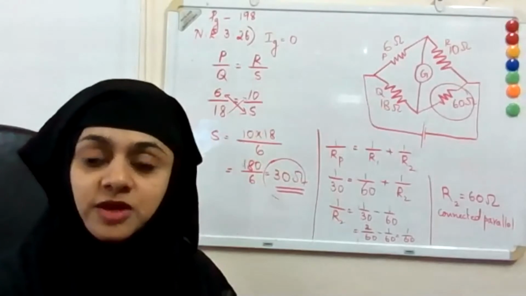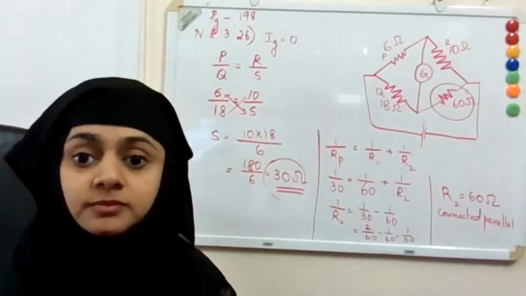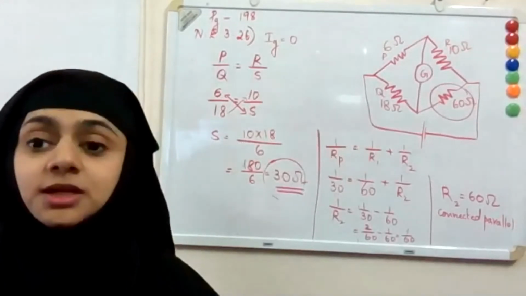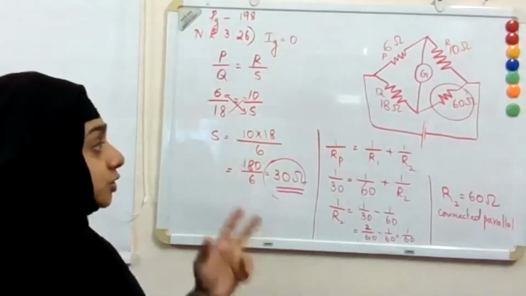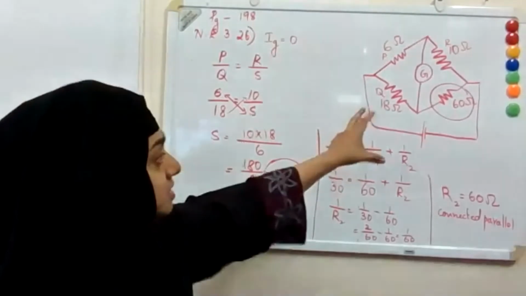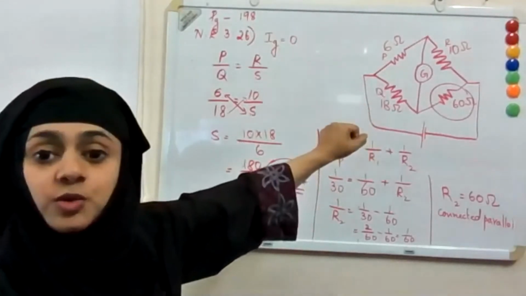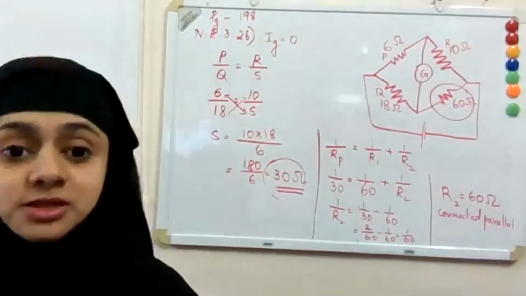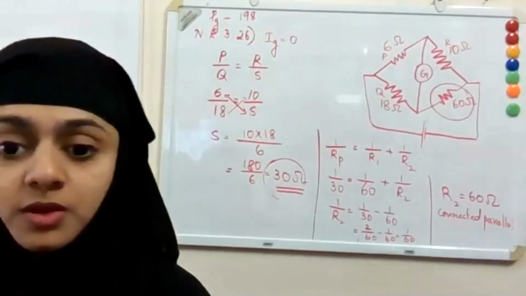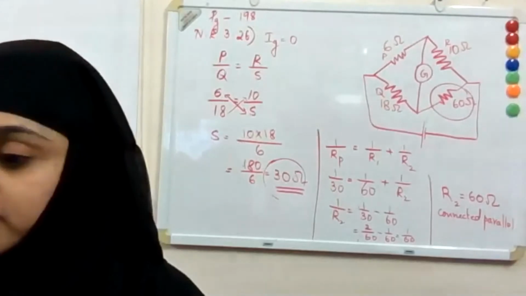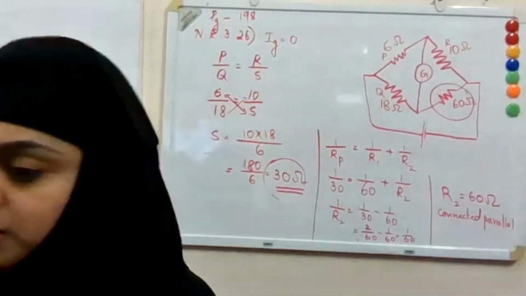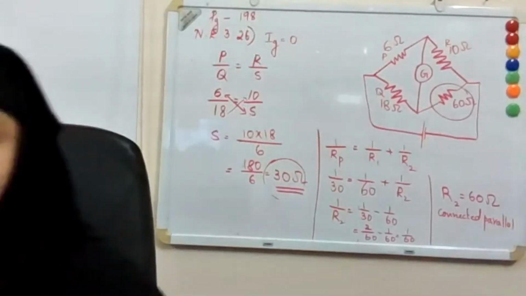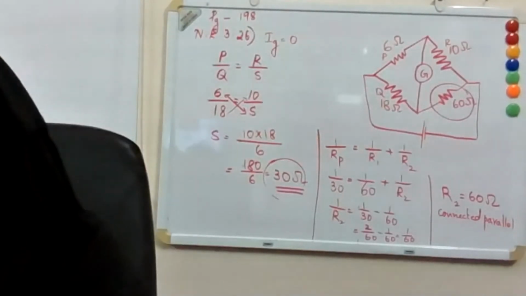Irfan, is that clear? Yes, teacher, understood now. So you cannot say that we will remove that 60 ohm and connect 30 ohm. You have to show which way you can change that 60 ohm to 30 ohm, that is, by connecting another 60 ohm resistance in parallel to it. Can we do the next problem as well? There is no time to start the next topic. We will do that tomorrow.